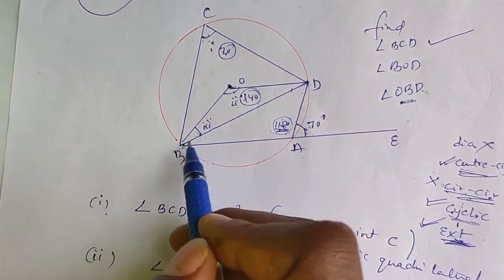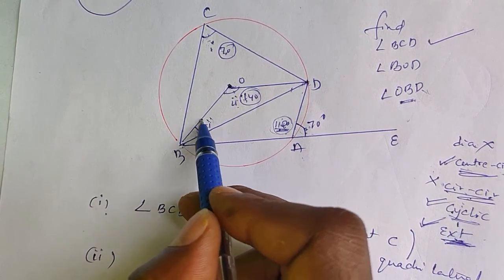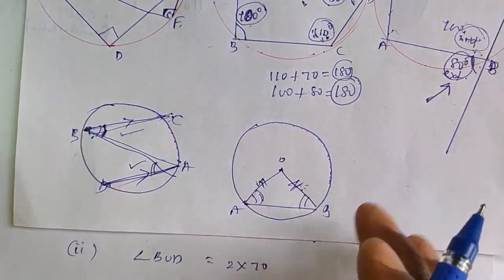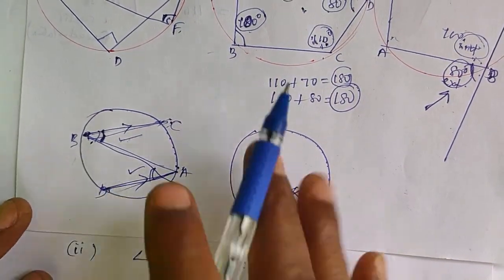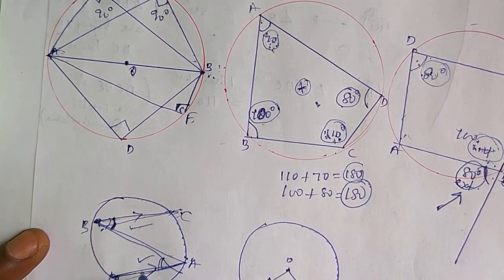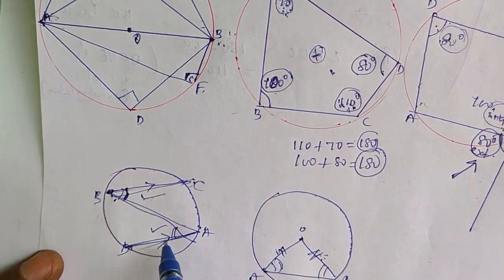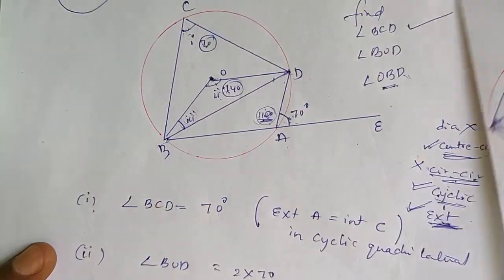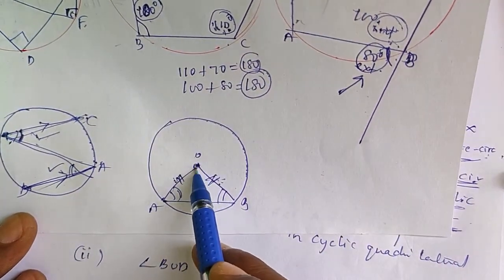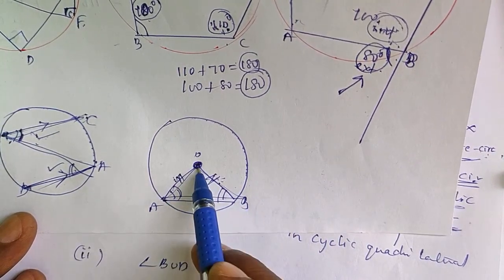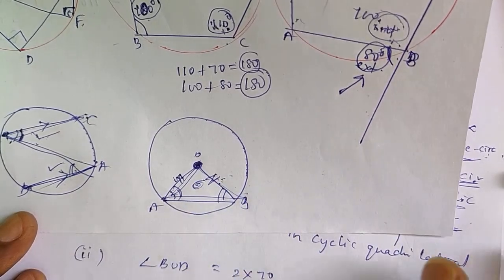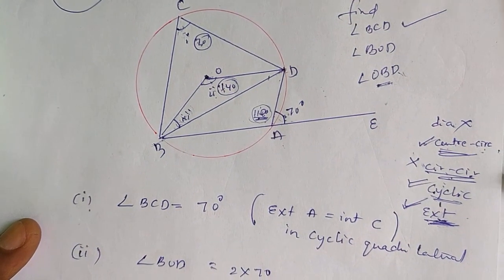But how to get this B angle? This B angle is formed here as a lesser angle. How to find it? So what I explained a few things. When parallel lines are given, what to do? Alternate angles are equal. That thing we have to use. Not only that, when from center O any triangle is constructed at the center, because of the radii two angles are equal by isosceles triangle. So by that,